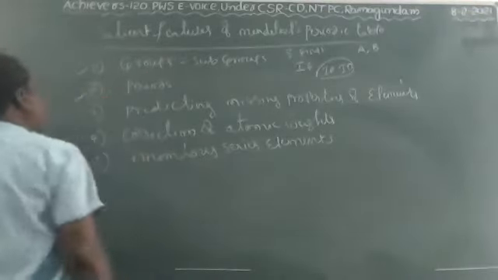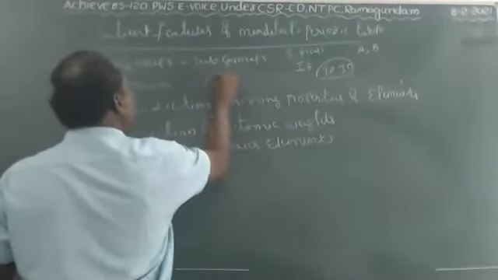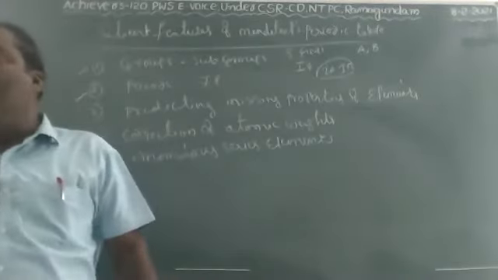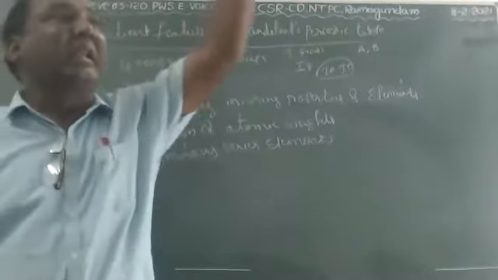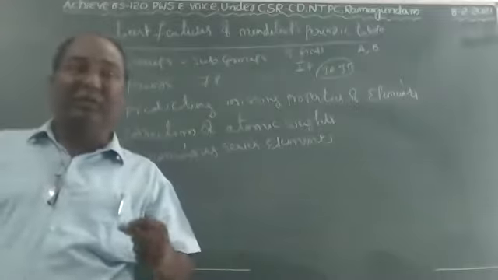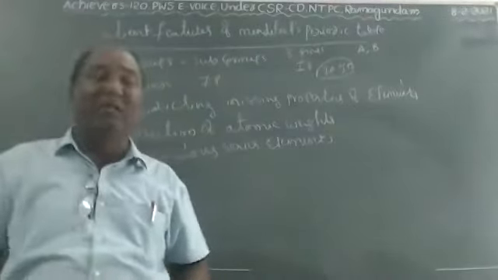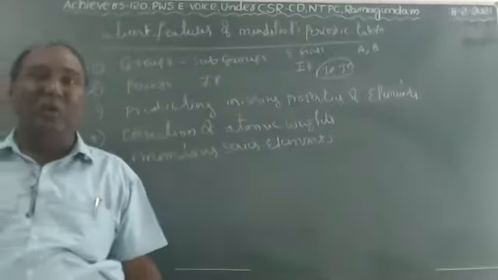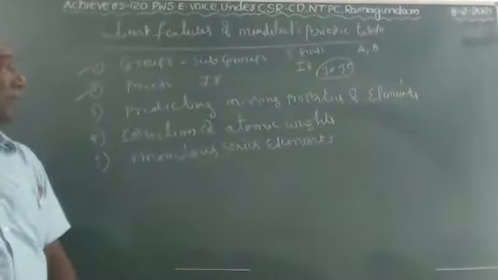And second one, periods. Mendeleev's periodic table consists of 7 periods. The horizontal rows in the periodic table are called periods. The vertical columns in the periodic table are called groups, children. Are you understood? What is meant by periods? The horizontal rows in the periodic table are called periods. Vertical columns we call groups.